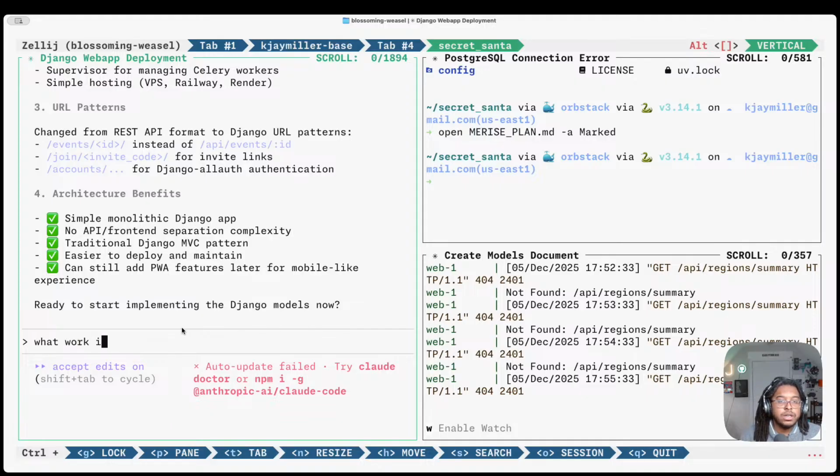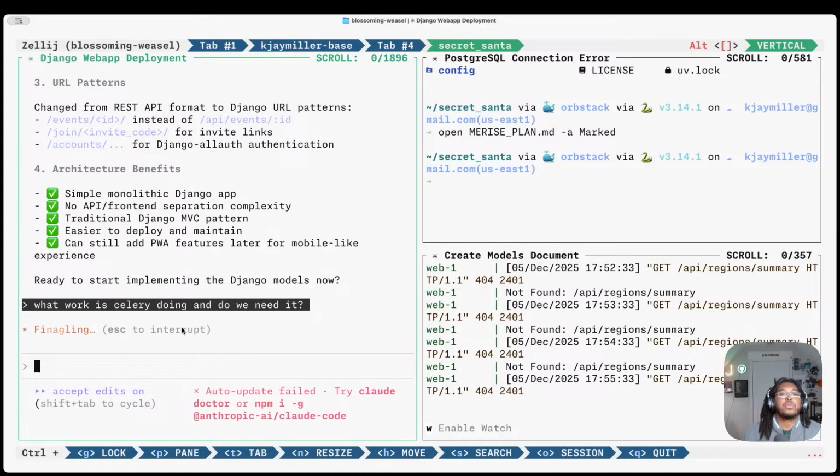What work is Celery doing? And do we need it? Because I'm just trying to think of, like, in what world do we need a cache? Not saying that we absolutely don't need a cache. I'm just saying, like,